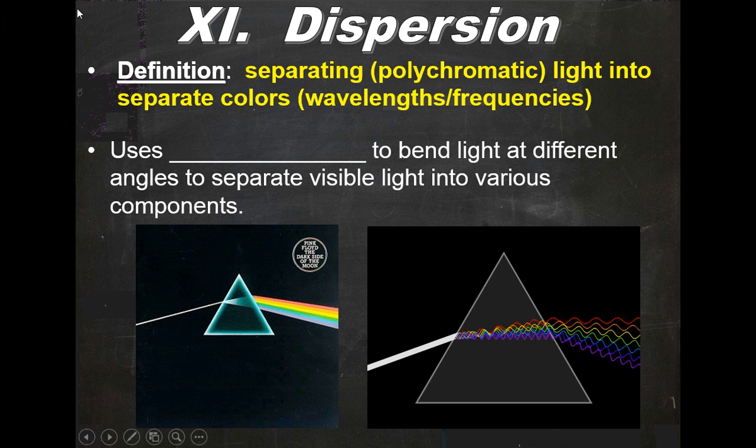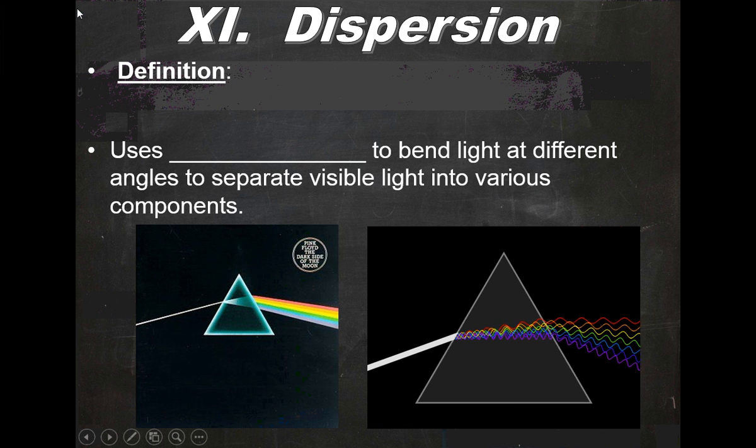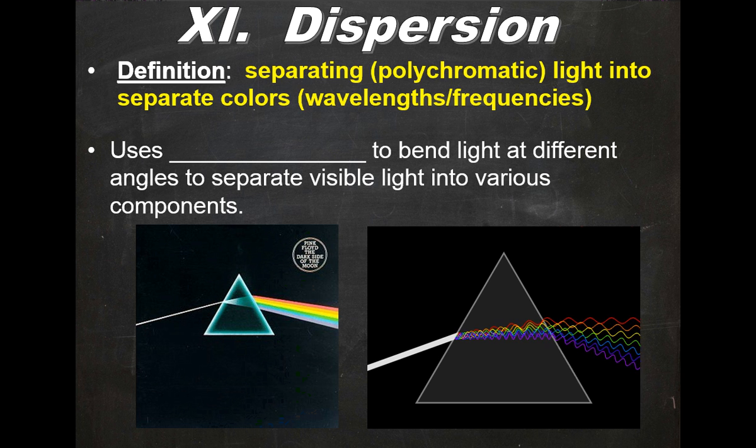Okay, for this video I'm going to be focusing on dispersion. Dispersion is the separating of polychromatic light into its separate colors or wavelengths. White light is made up of all of the colors of the rainbow. And so if we look over here at this very famous album cover of Pink Floyd's Dark Side of the Moon, we have white light traveling in, let's say, air here,